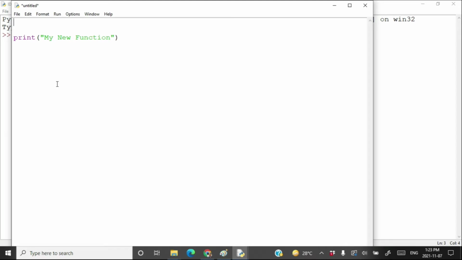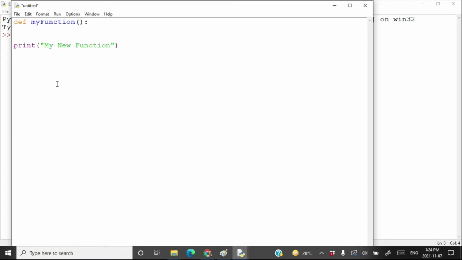But how to define a function? Let's see. You have to write the word def. After that, a name decided by you. That means you have to write a proper identifier here, and that will be the name of your function. I am writing here my function. This name can be apple, can be ball. Any valid identifier can be a name of a function. The name of the function should be followed by opening and closing small brackets, that is called parentheses.